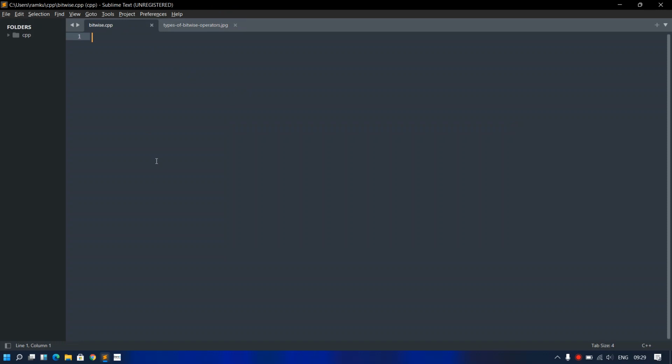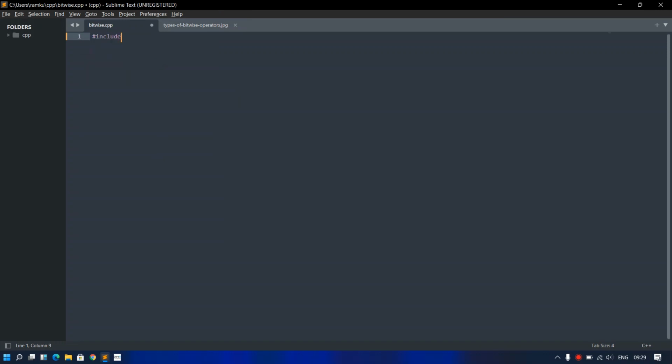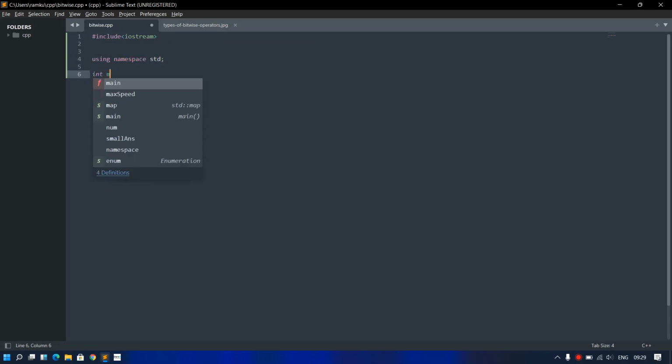Firstly, I am going to import my header file. Then I'm going to take the use case of the AND operator.